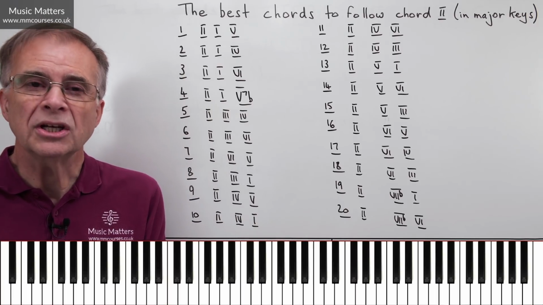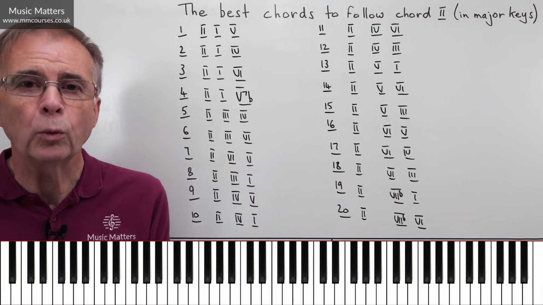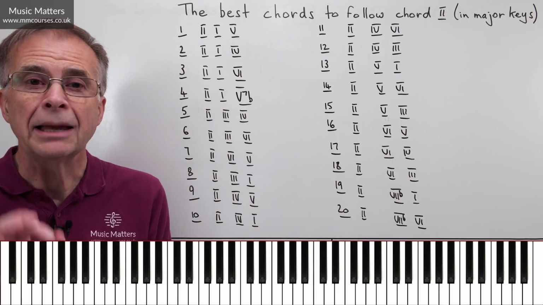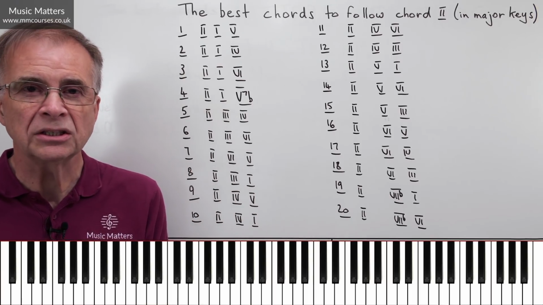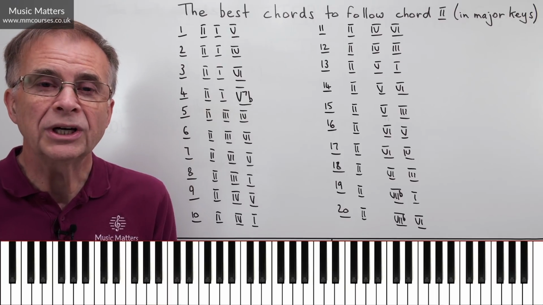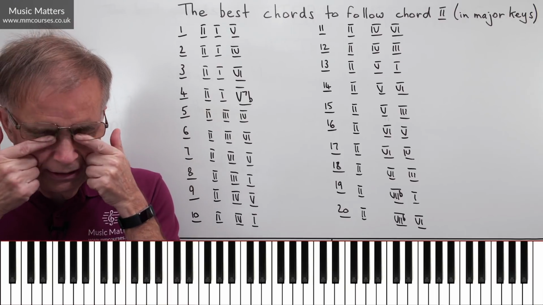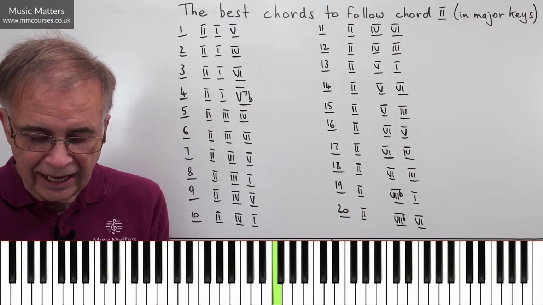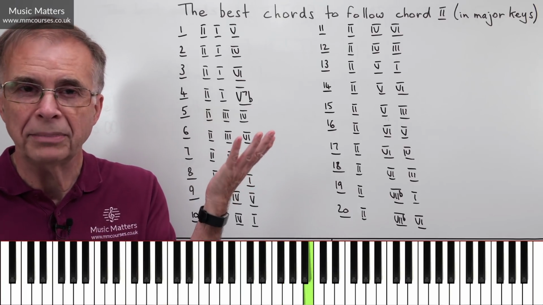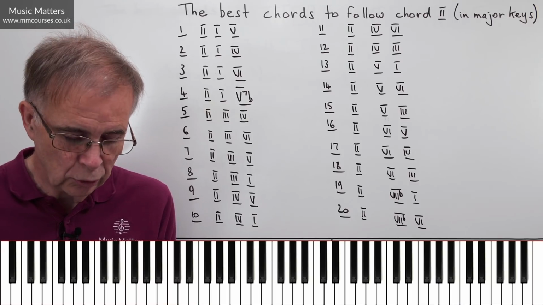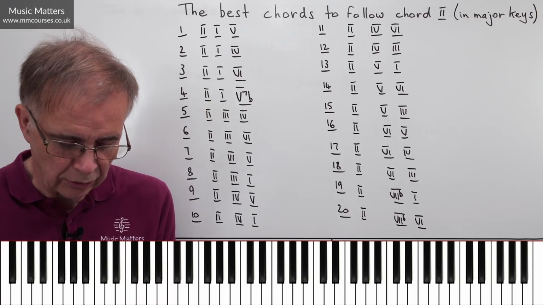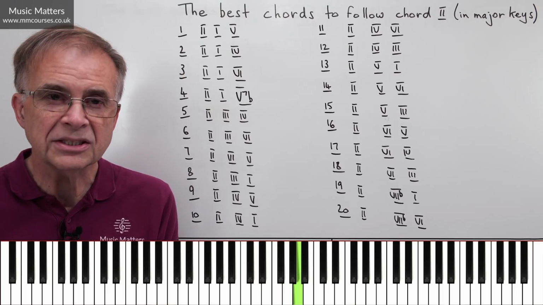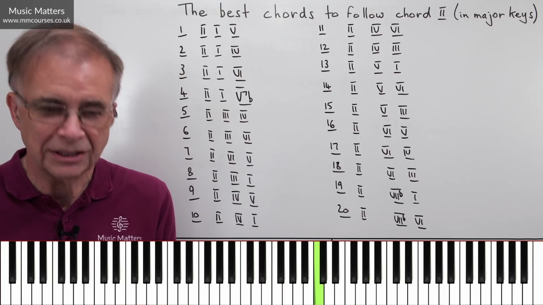But before we get into it, just so we're entirely sure that everybody's happy about what I mean by chord 2 and by these other Roman numerals on the board, let me very quickly go through an explanation of how this system works. I'm going to work in the key of C major. In a scale of C major, we have C, D, E, F, G, A, B before we come back to C again. And when we're talking about chords, we can number off these notes. So that same scale again: 1, 2, 3, 4, 5, 6, 7. And then, of course, we're coming back to number 1 again.